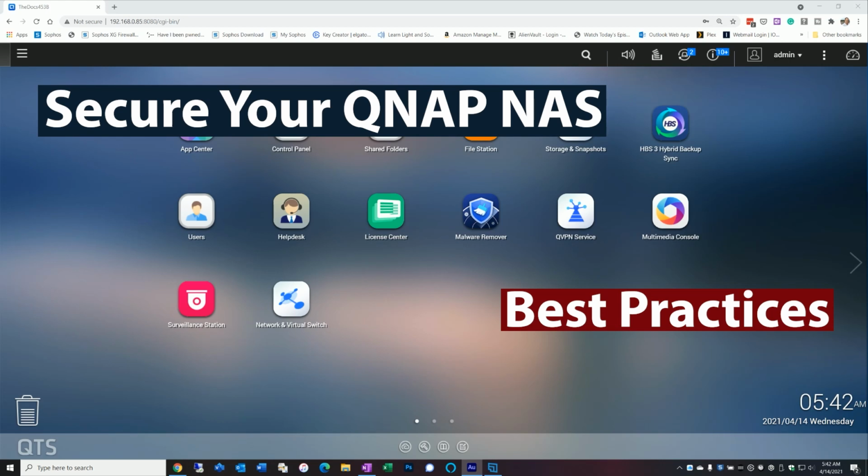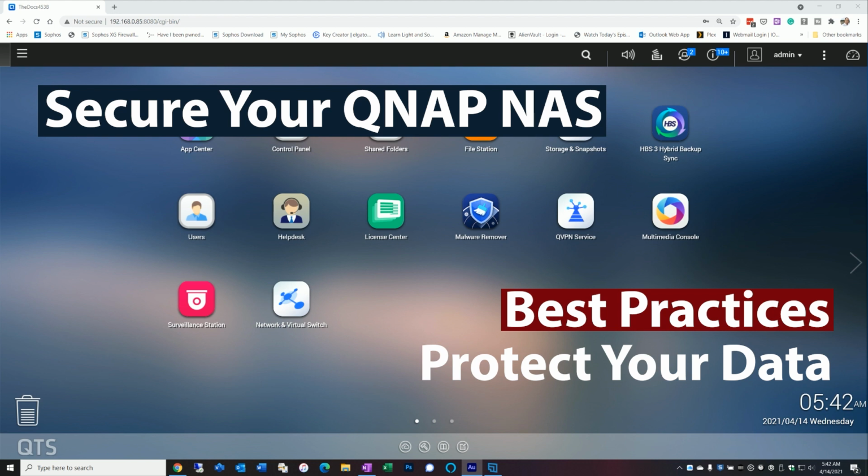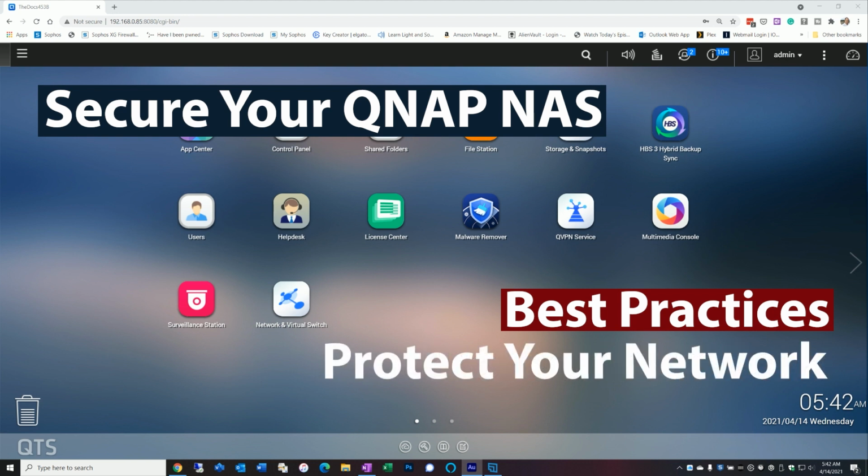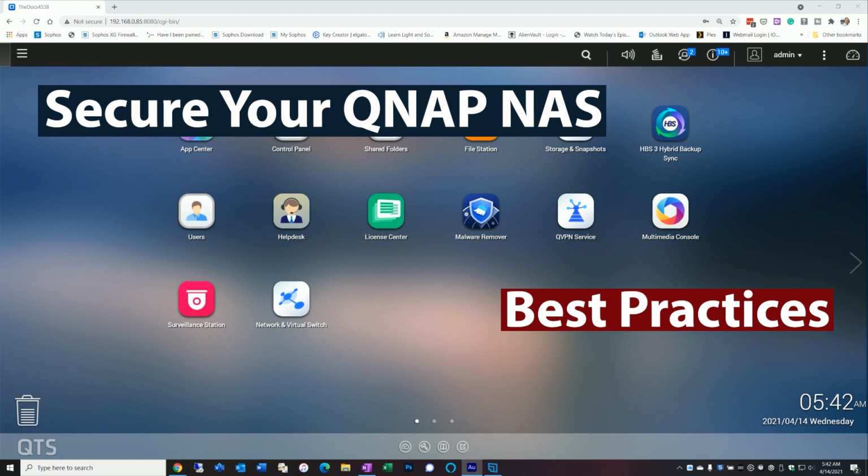With more and more vulnerabilities found all the time, it's time to lock down your NAS devices and protect your data and your network. Today we're going to cover all the things you should consider when attempting to secure your